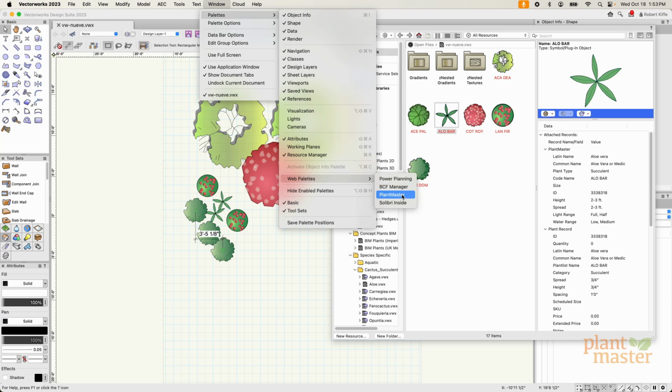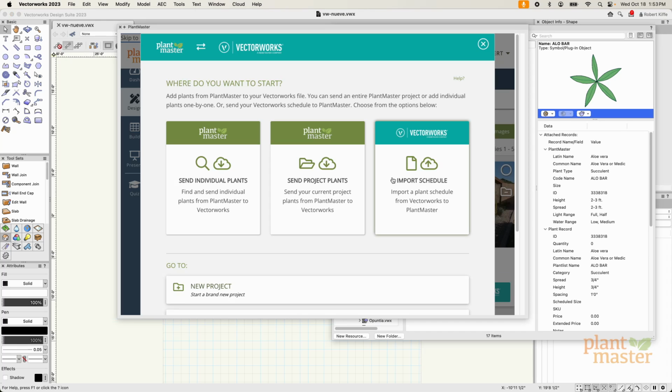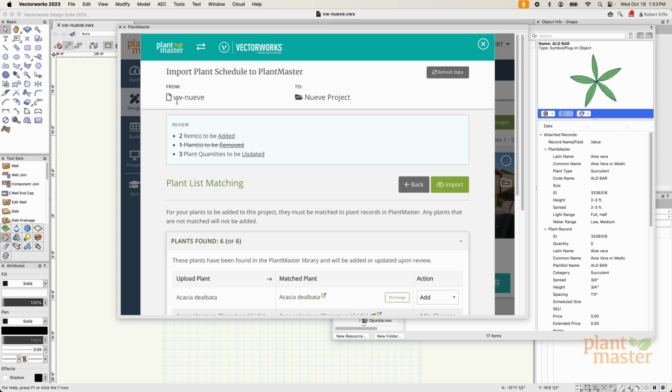Palettes, Web Palettes, and then PlantMaster. And upon here, we're going to choose the third option, import schedule. So this will let us verify that we're going to pull from my open file in Vectorworks, and it's going to go into my existing project. Now, I had made some changes in the background, and so what's going to happen now is that it's